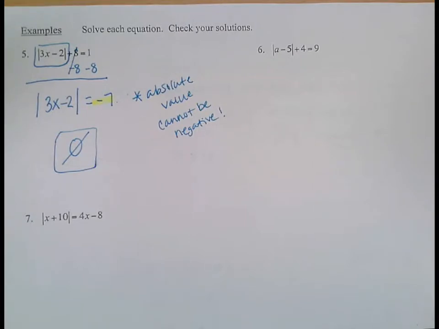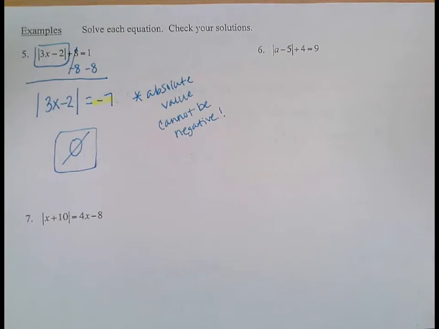Now, let's say you forgot that. You're on your assignment, you're taking your test, you set up your positive and your negative case, you would get two answers. That's why checking your answers is so important, because when you checked your two answers, neither of them would work, and you would find that it's no solution anyway. So even if you went through the steps and you solved it, as long as you're checking your answers, you would still get no solution. Are there other questions? I can re-explain. That's an important